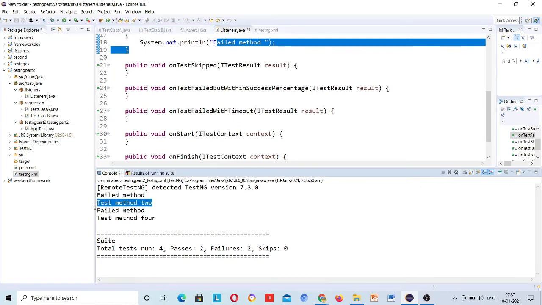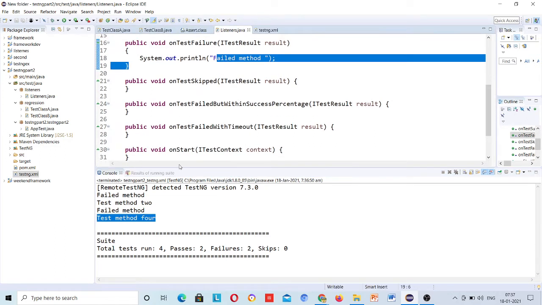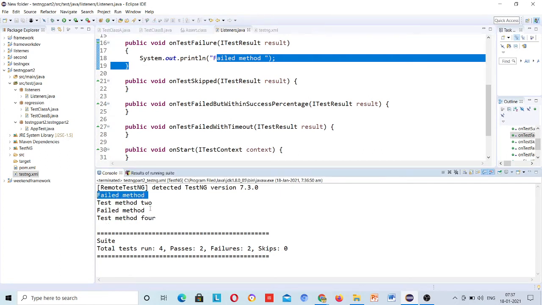Method 2 and 4 pass and 1 and 3 fail. Now you are saying that this is the failed method, but it is not giving the method name, which method failed. Passing methods are here, but the failed method name is not present.